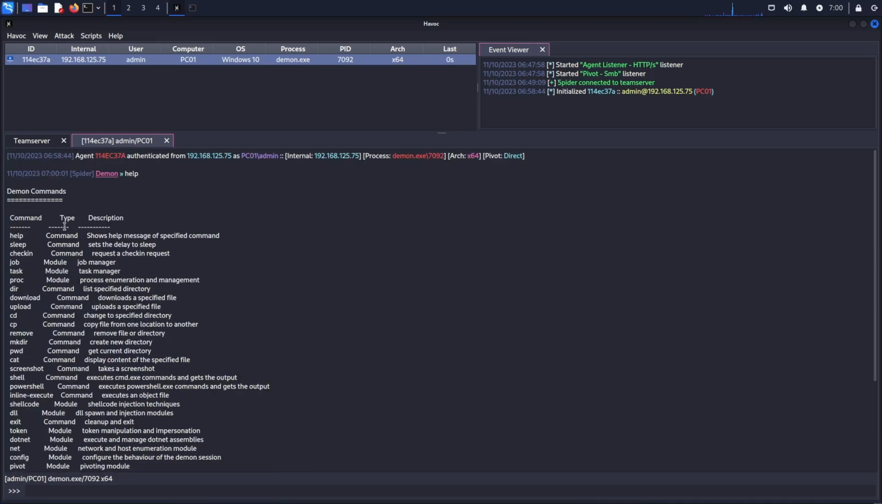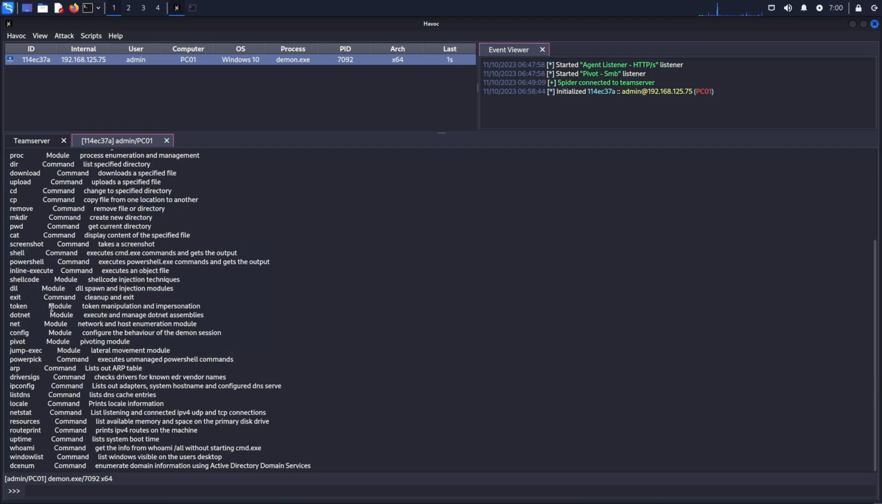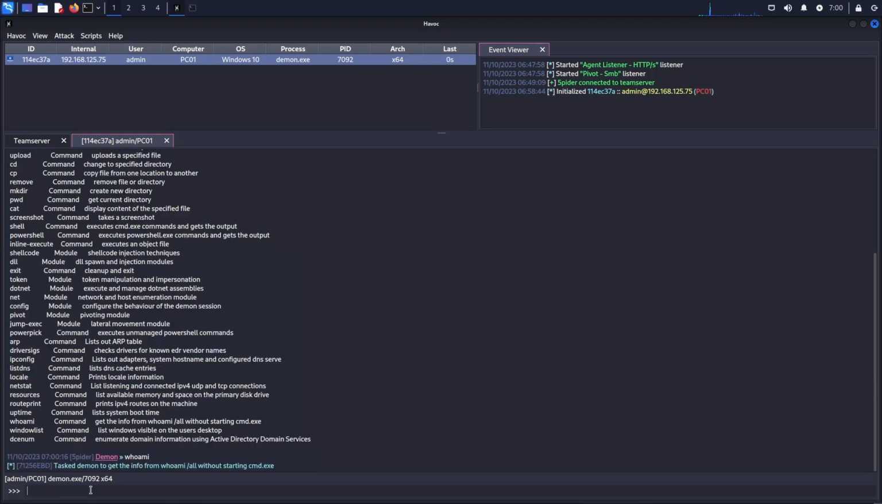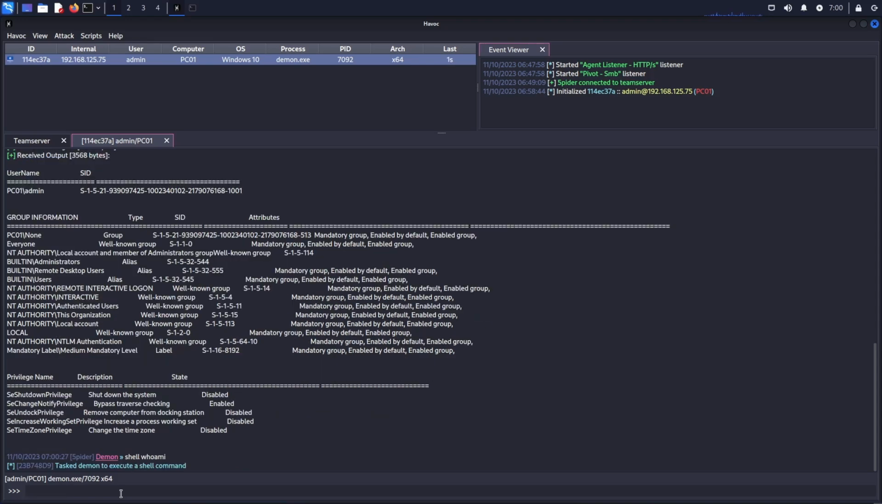And you can see that we have a couple of daemon commands like sleep, check-in, job, task, directory, your standard file system navigation tools, as well as a PowerShell option. So for example, I can run the inbuilt command whoami, like so, and that's going to display additional information. So that's not the native Windows command. If I wanted to run a shell command on the Windows system, I can just say shell whoami,